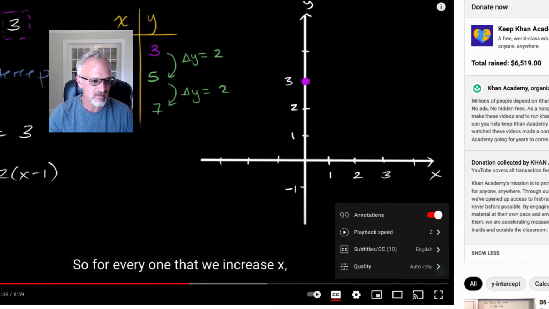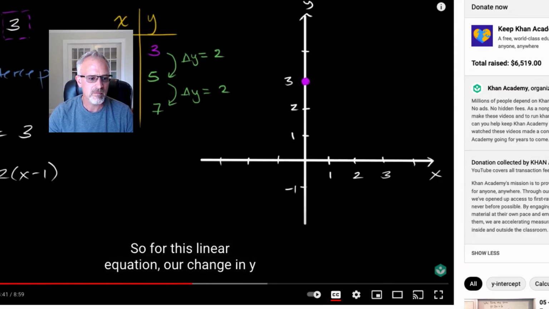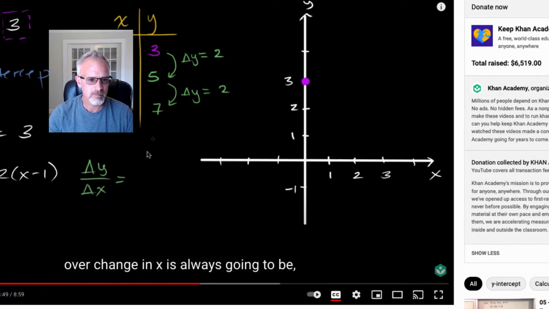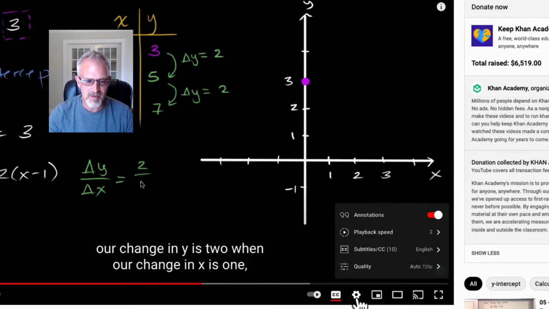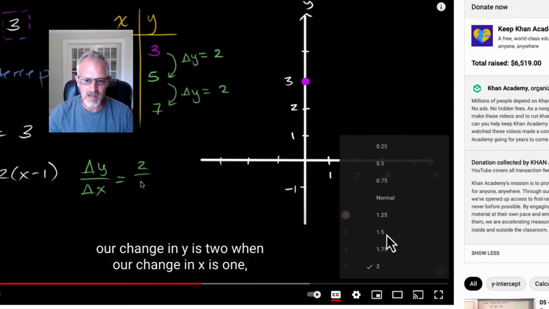Let's test that out. X, y is increasing by 2. So for this linear equation, our change in y over change in x is always going to be, our change in y is 2. Now, a math teacher of algebra might be able to watch at that speed, but I'm